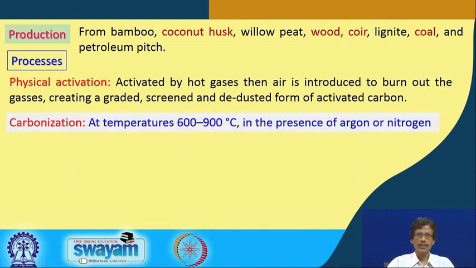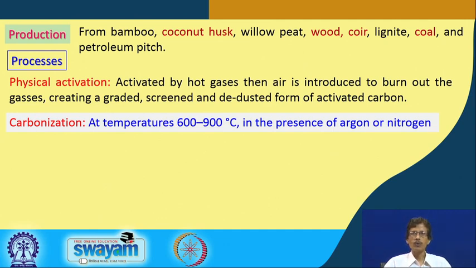Then typically the carbonization process. What is that carbonization process? At what temperature is it required for the carbonization of the raw material? We will burn the material. If it is a hydrocarbon type of thing, we know the sugar material, simply sugar, if we burn the sucrose, you have to remove the hydrogen and the oxygen as water from that particular sucrose, leaving behind only the carbon. So, the sucrose can be charred.